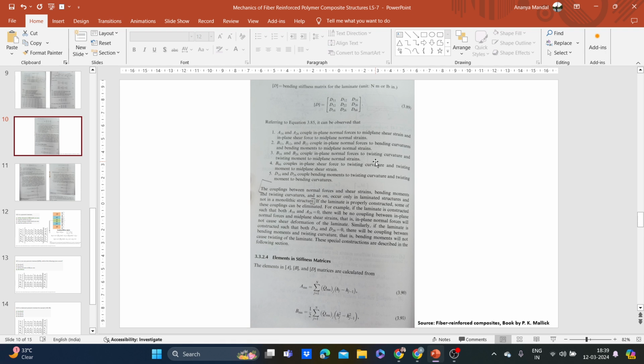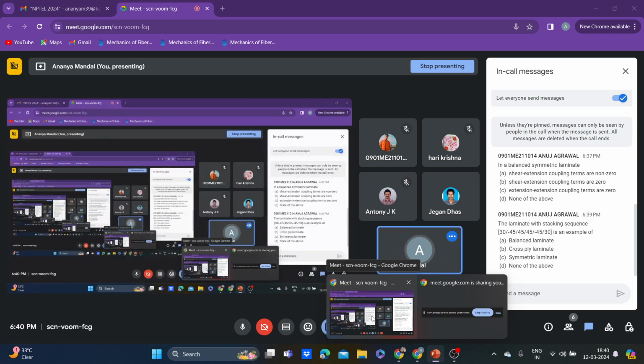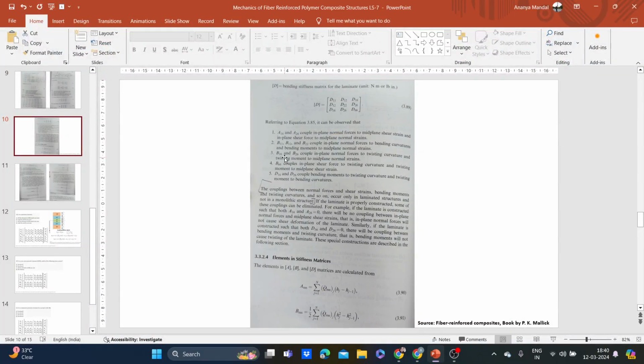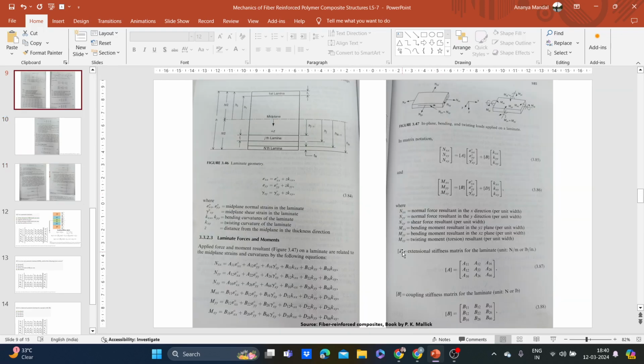जो भी तुम्हारा फोर्सेस होगा, फोर्सेस और फोर्सेस टर्म अगर एक दूसरे से कनेक्टेड हो तो उसको एक्सटेंशन बोला जाता है। और जब किसी के फोर्स वाला टर्म शेयर के साथ कंपेयर किया जाता है, तो वहां पे शेयर और एक्सटेंशन कपलिंग होता है। तो उस हिसाब से एक्सटेंशन एक्सटेंशन कपलिंग टर्म्स आर जीरो। तुम्हारे बैलेंस में A16 A26 इक्वल टू 0 होगा।